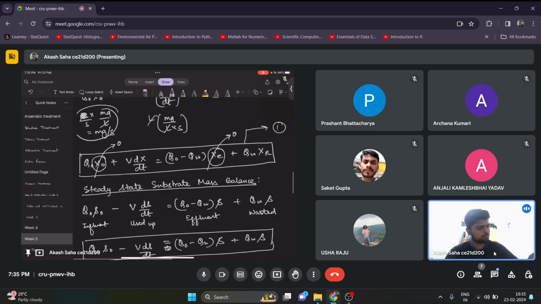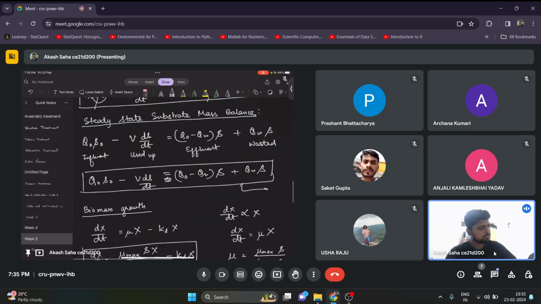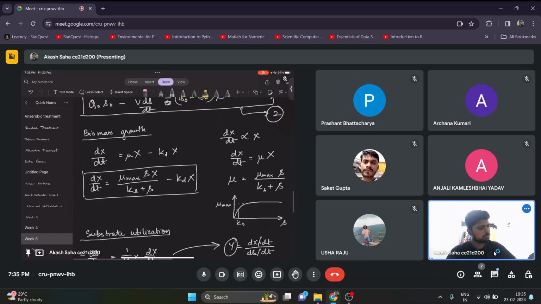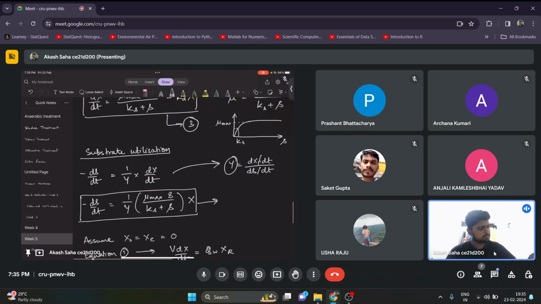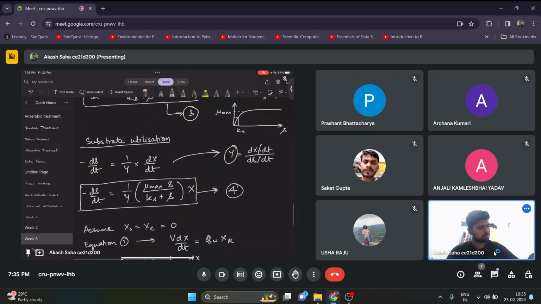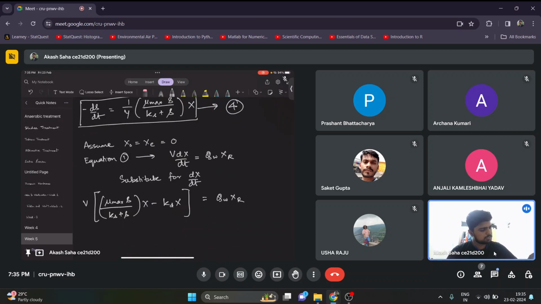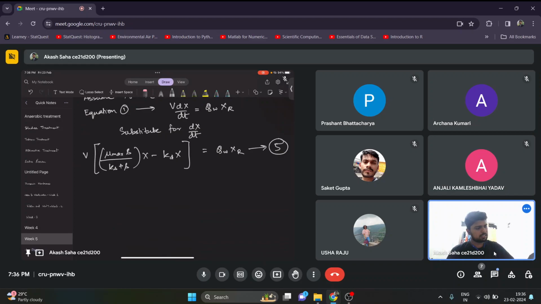This is equation 1, this is equation 2, this is equation 3, this is equation 4, and this is my equation 5. Okay, so I will just take the Kd term to the right side, and V also to the right side. So it will become,